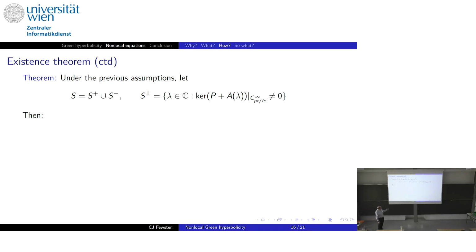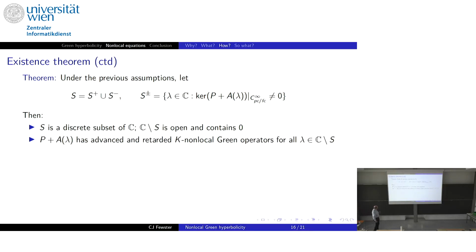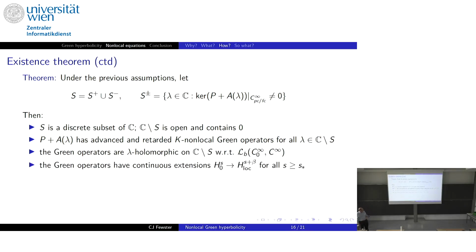So I'm just going to let lambda be the set of values for which you do find some of these funny solutions, appearing or disappearing ones. And then what you prove is that the union of those two is a discrete subset of the complex numbers, whose complement is open and contains 0. So we have an open neighborhood, in fact, essentially all of the complex plane, apart from this discrete set. And except in that discrete set, we actually have advanced and retarded K non-local green operators, and